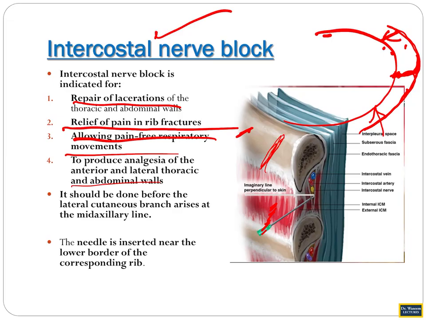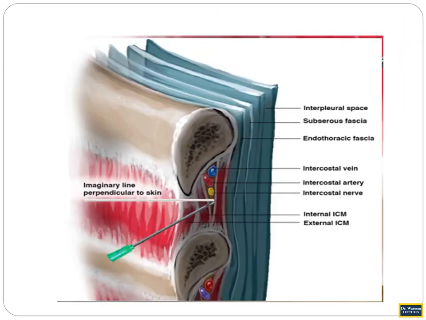So if we anesthetize at this position, you see, the lateral cutaneous as well as anterior cutaneous branches will both be desensitized, and the whole dermatomal band of skin will be desensitized, depending upon which dermatome you are working on. This is called intercostal nerve block, and when you do the block, you put the anesthetic solution in the intercostal space in such a way that, if you are putting your needle, this is your imaginary plane,